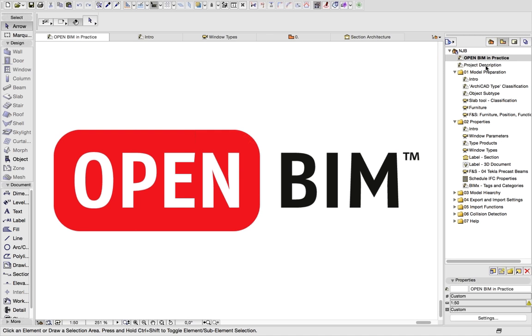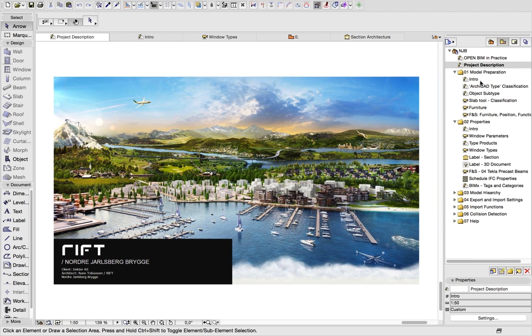So we are presenting this demo on a real project, Rift Architects Residential Complex in Norway, in the heart of the Oslo Fjord. The project includes over 1,000 apartments, a hotel, kindergarten, several restaurants and shops, offices. ARCHICAD and Tekla Structures were originally used to create the project, but for the purpose of this demo, we have added some MEP elements designed by DDS-CAD MEP into it,